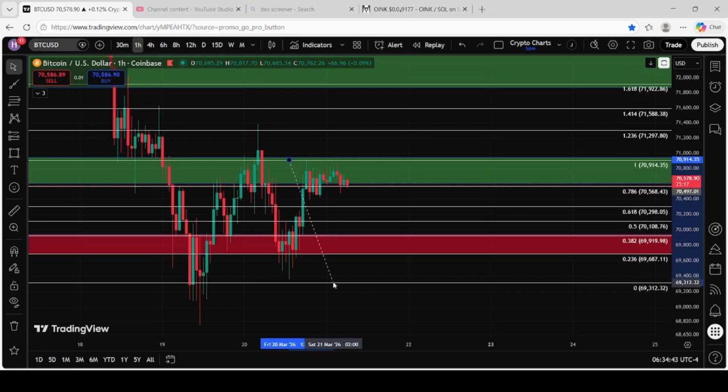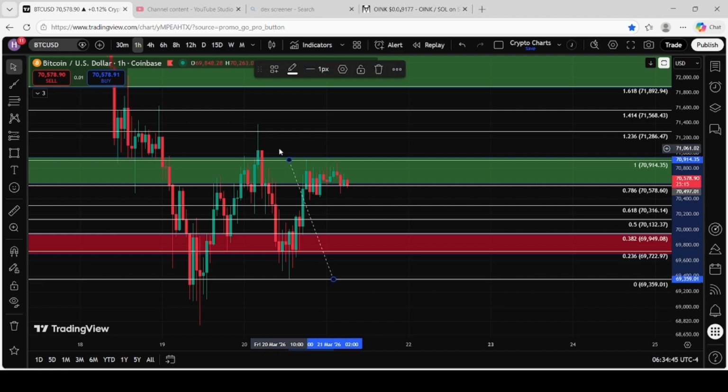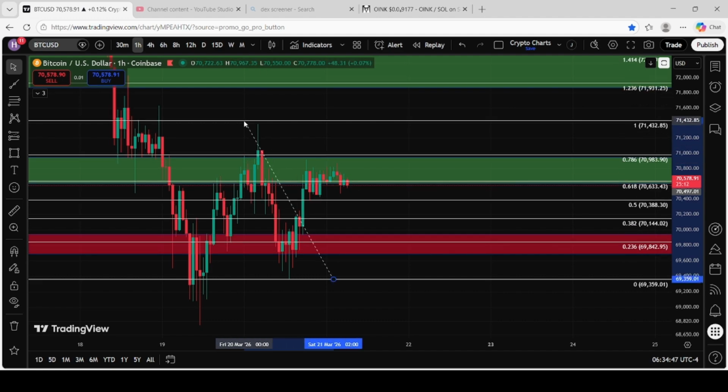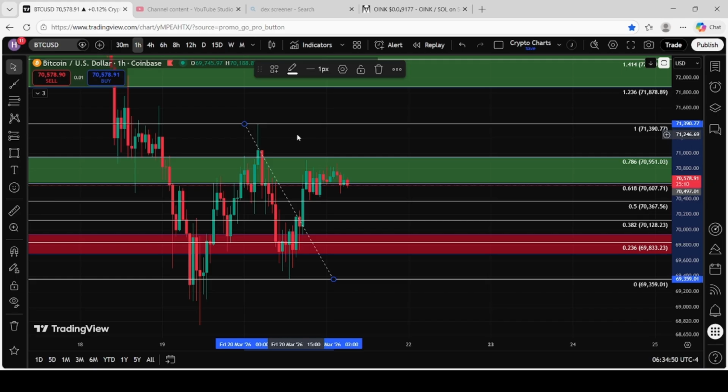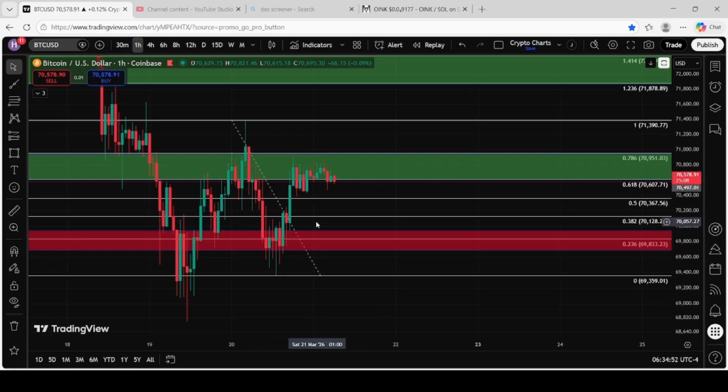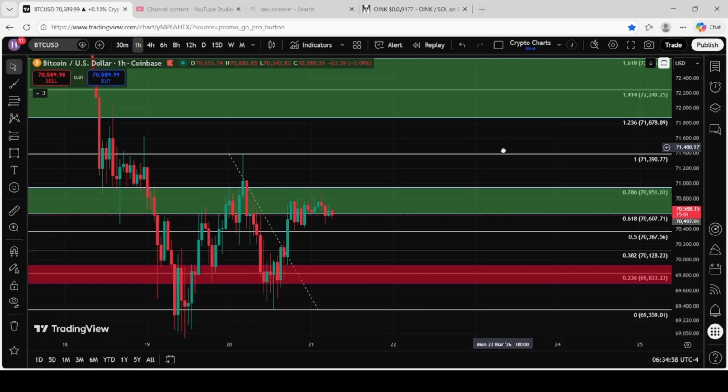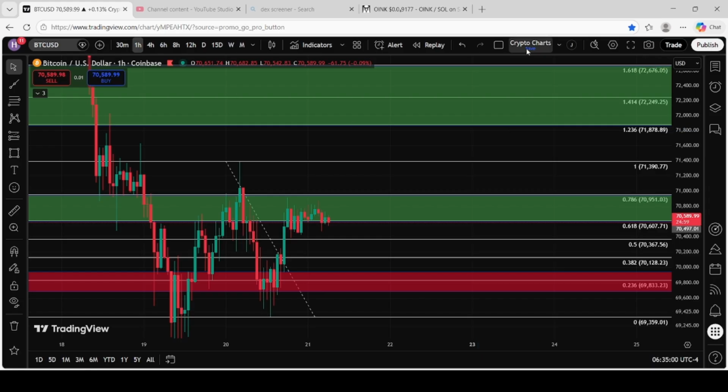But right now, my targets are from this bounce from here. So if we do have a pullback, this is the level I'm looking for a bounce higher. Bounce and go up higher. Hopefully to these levels up here. Just gotta watch it. Anyways, that's Bitcoin, not financial advice.